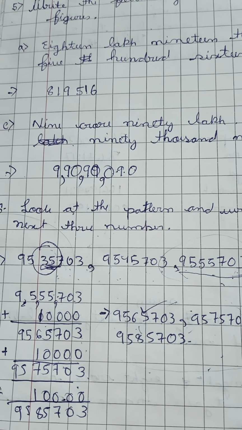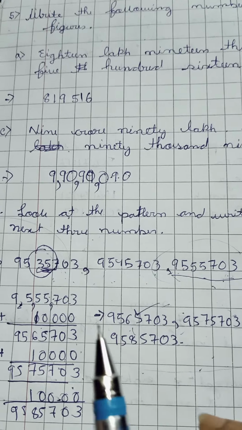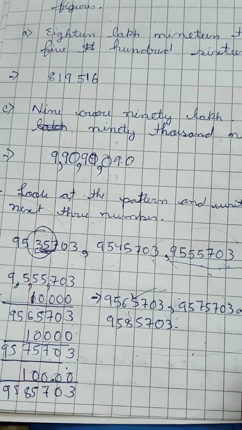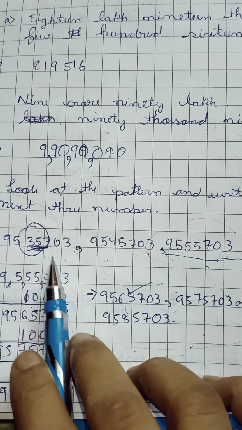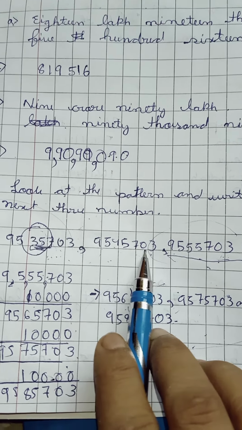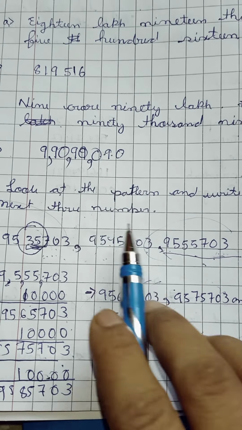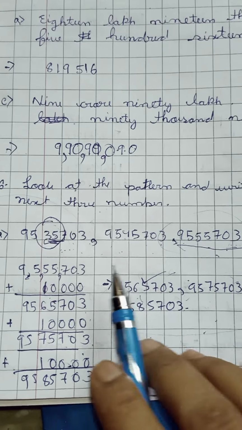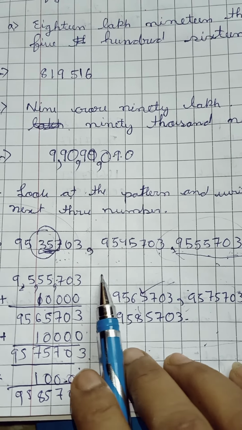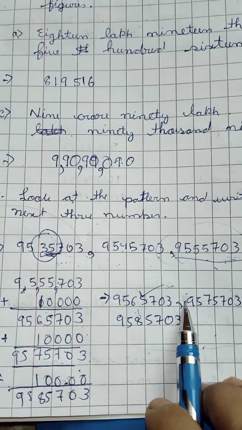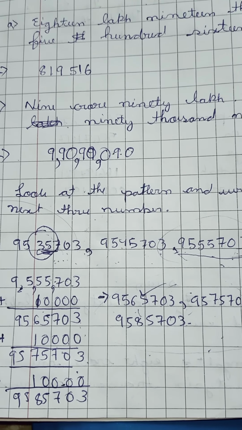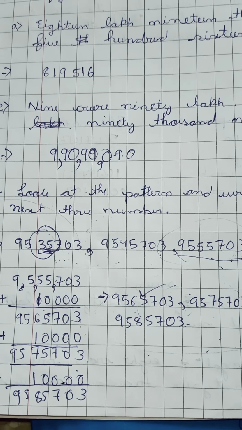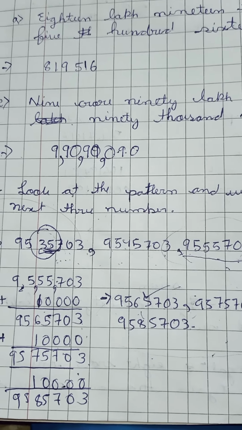simultaneously. You will also see it is going in an increasing way. That means 10,000 increases in this number, again 10,000 increases in the next number. So this pattern is going through each number. So what will be the way to calculate the correct answer? Because you need to answer by following the pattern for getting 3 more numbers.